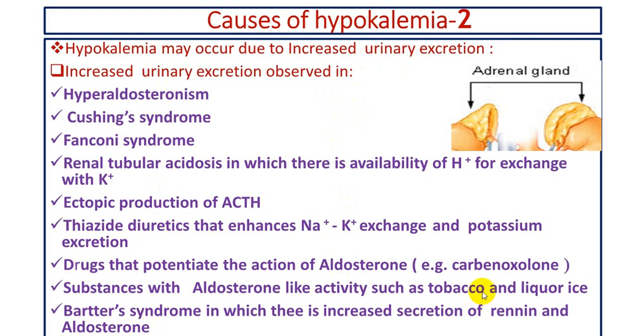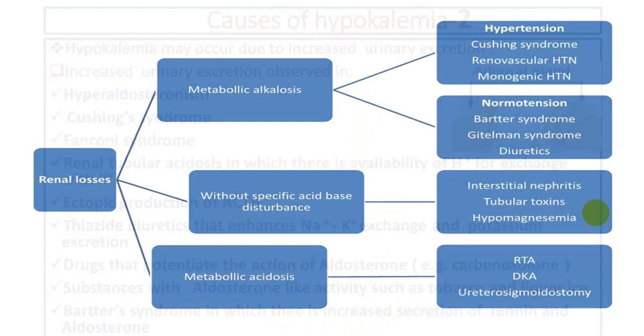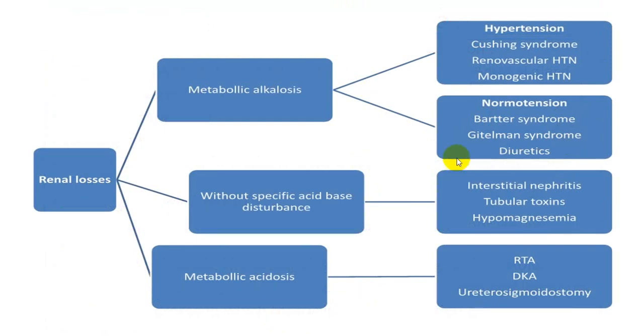Licorice and tobacco can also increase the aldosterone-like action. Bartter syndrome increases the secretion of renin and increases the aldosterone, and that can again produce potassium loss and sodium preservation, so sodium is exchanged for potassium loss. Indirectly, in a renal loss you can develop metabolic alkalosis, metabolic acidosis, and also no acid-base imbalance. Metabolic alkalosis will be very common in Cushing syndrome,